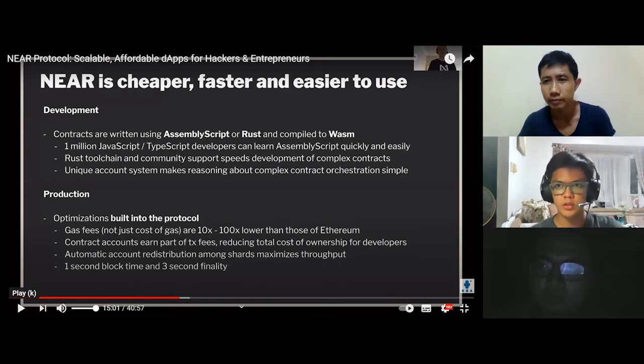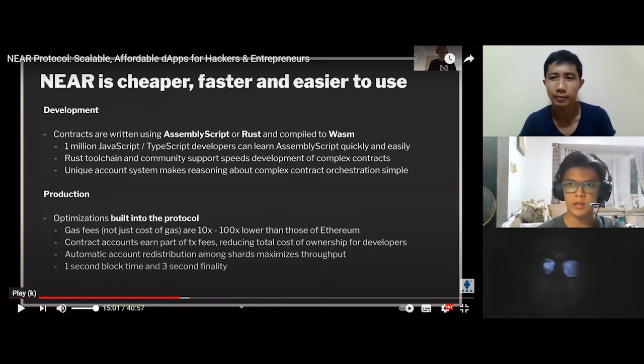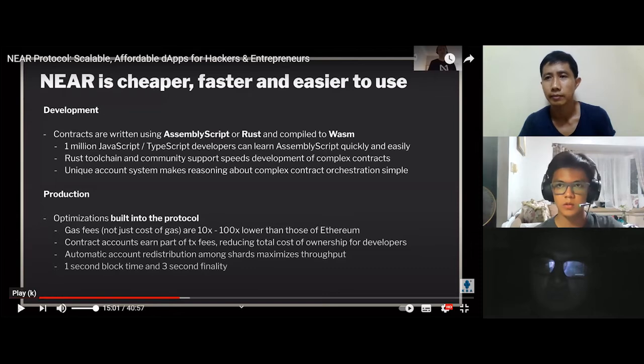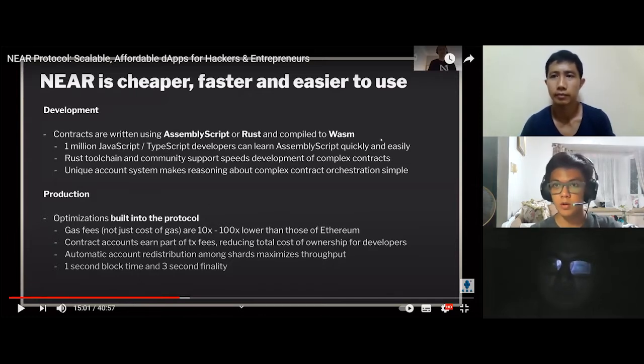Yeah, Sharif also mentioned that with most layer one protocols, when developers want to build decentralized apps on their protocols, they typically have to learn a new coding language, because some of them have their own custom languages specific to that community or protocol, which takes time to learn.